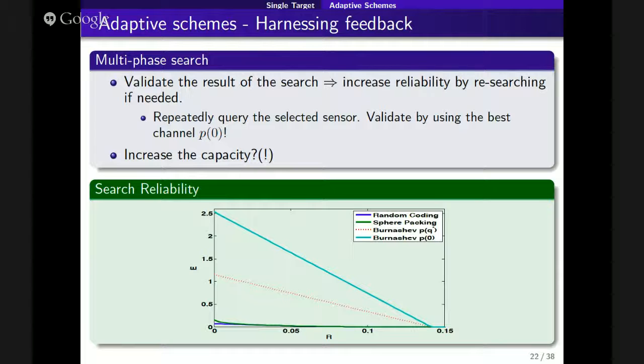Then this gives you a block, and then you add the validation scheme, another block of validation. So the number of times you're going to ask the sensor in the second phase is going to be sublinear, so it's not going to affect your rate. That's what I'm trying to.